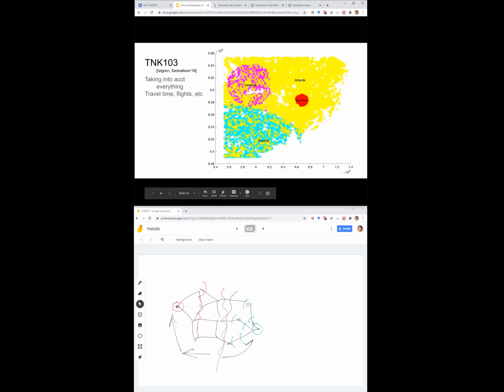And eventually they made the catchment areas based on everything, taking into account travel time, available flights, and other things. You can judge how realistic it is. Very few people will travel to Bromma, and around us on e-shopping, people would go to Skavsta or Arlanda. Basically from everywhere, you would probably go to Arlanda for international flights. So it's still a Voronoi diagram, the catchment areas of the airports, but under some very complicated metric. If you want, you can read that report and see the details.